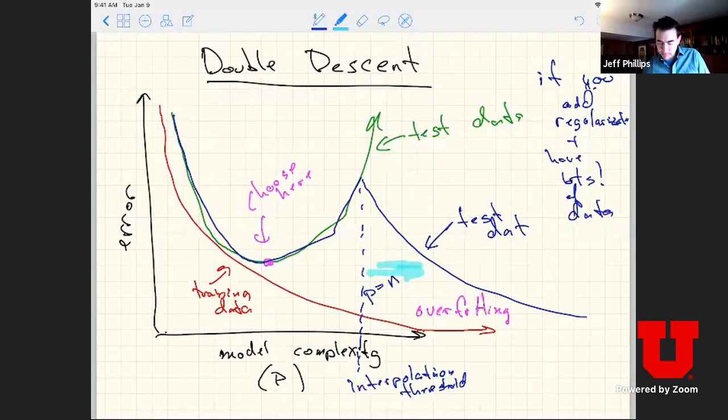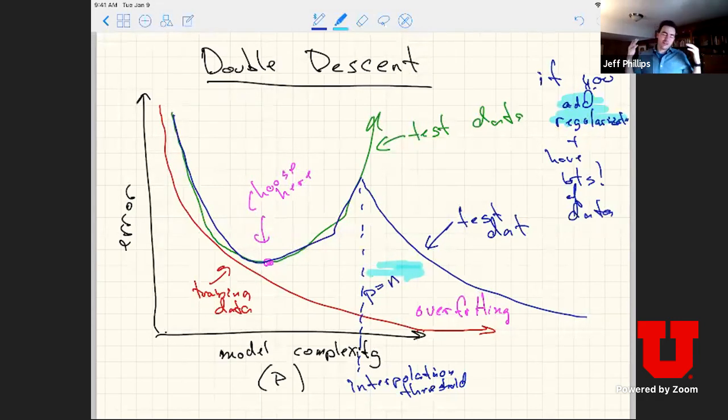Okay, so I need to add some regularization term, which you can read about in the book. We're not going to talk about it in this course. Talked a lot about it in the data mining course, but that allows you to still take the inverse, and it's like adding a prior onto your model, where this is like a maximum likelihood model. Adding a regularizer is like doing the maximum a posteriori model. That's one way to think about it. If I have a prior, then what happens is, as I fit a more complex model, that test error tends to keep going down.